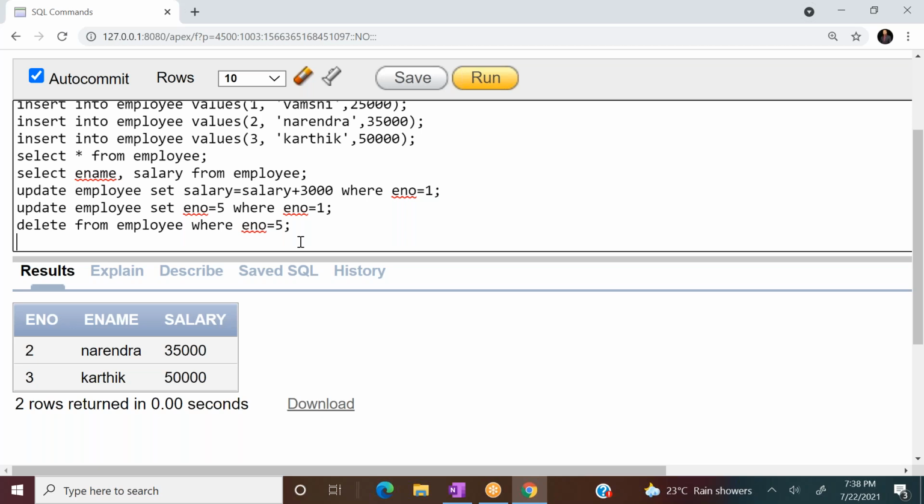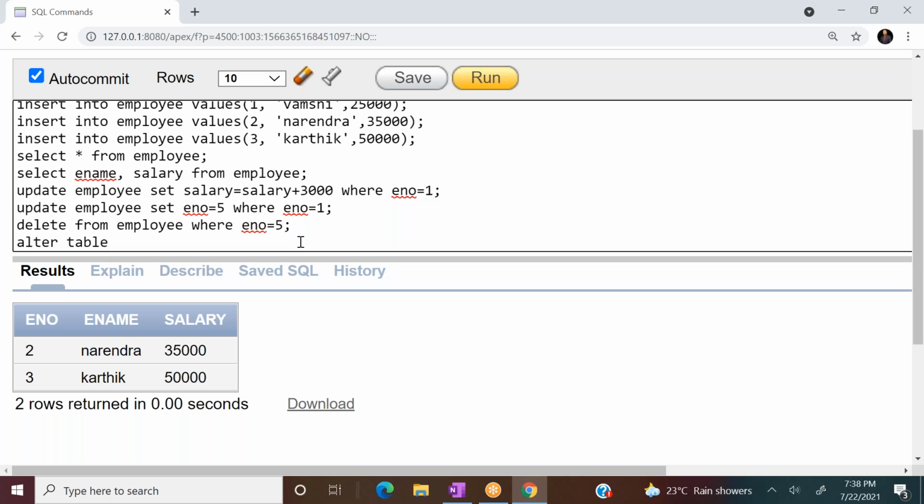Now we are going to discuss some more queries based on the schema change statements. What is the meaning of schema? What is the logical schema? Logical schema is nothing but the structure of a table. If I want to change the structure, we have to use a query called alter query. Alter table.